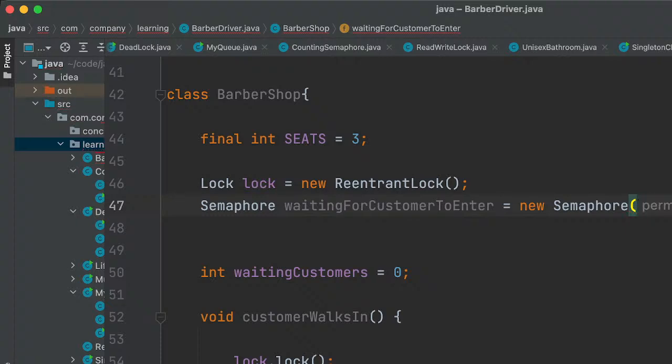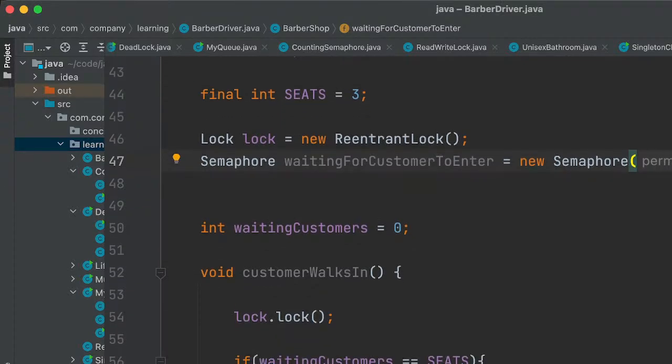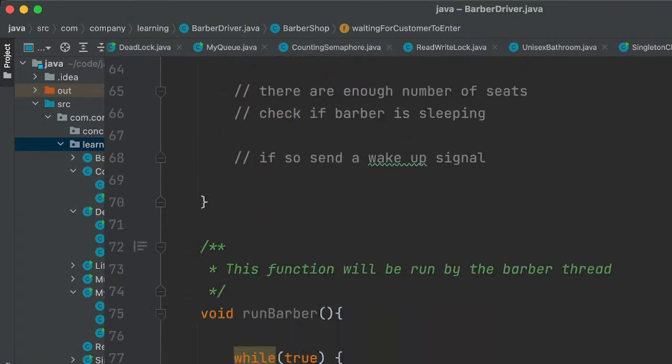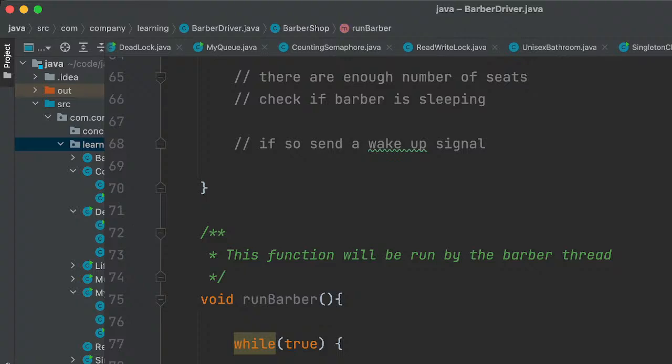So there will be exactly one. Do we really need to pass? I think we need to pass it. Yes, one. I'm not entirely sure on that. So this barber thread would be initially waiting for customer to enter.